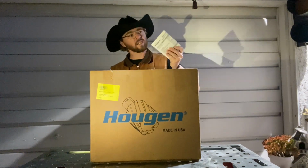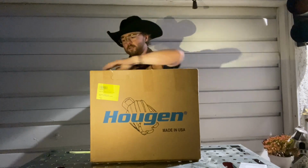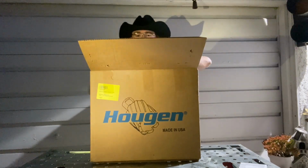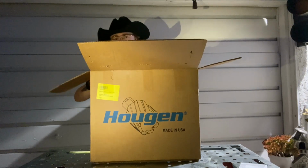So here's a safety data sheet. Always important, make sure you know what you're doing when you use the tools. That way, a lot less likely to get hurt. All right, so